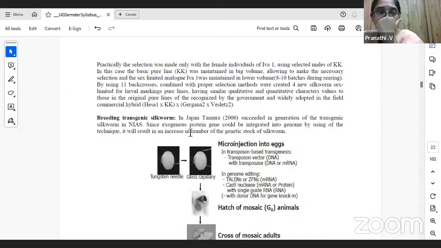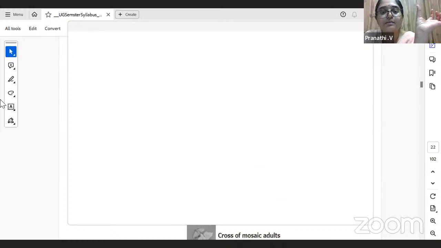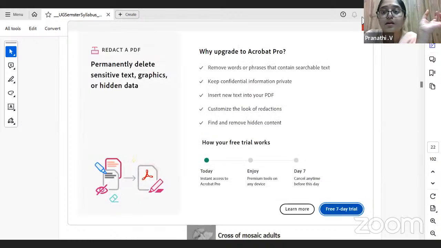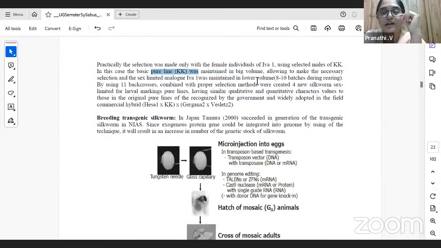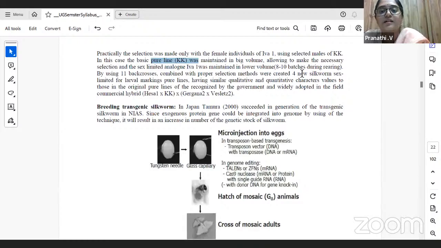Now, when we look at the selection that was made with individuals of EVA 1, you cross it again using selected males of KK, because of which the pure basic line KK was maintained in big volume. And the EVA 1 got maintained in lower volumes, with fewer batches,